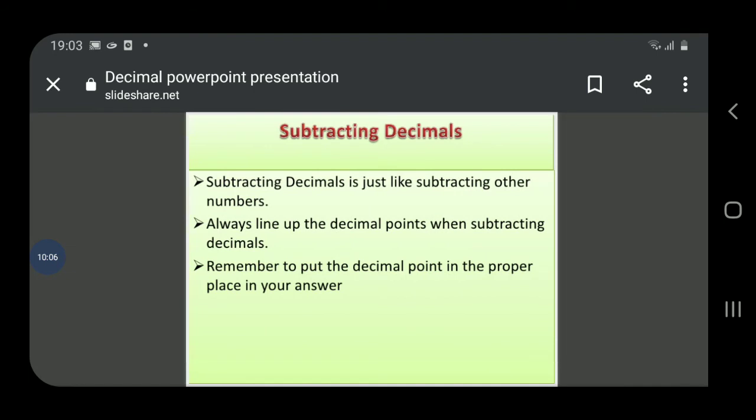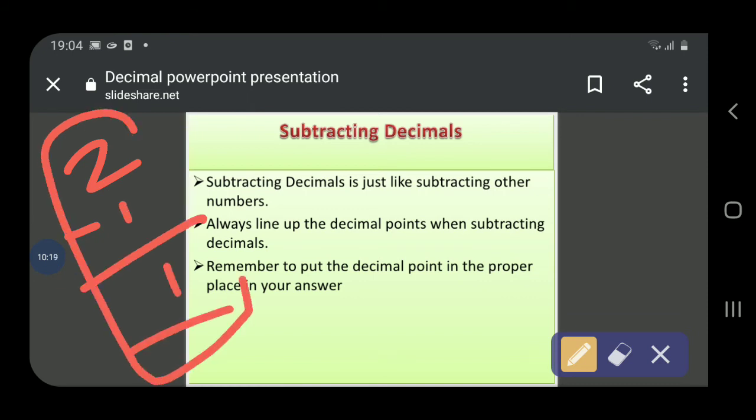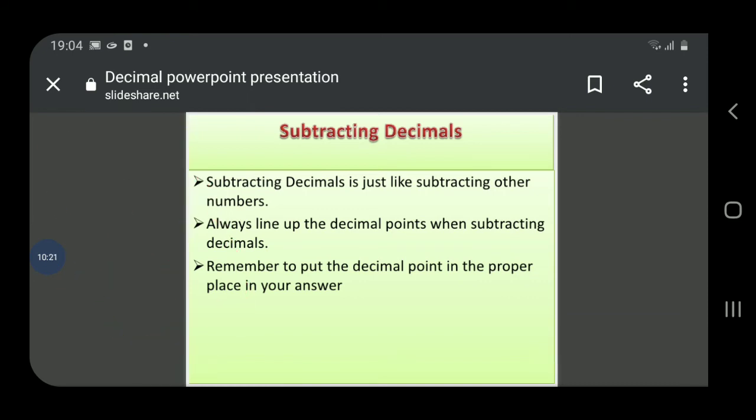Now, subtraction of decimals. Subtracting decimals is just like subtracting other numbers. Like I give you an example of 2 minus 1. It will be 1. Line it up like this. We will be lining up the decimals like this only. I will be showing you, for example,